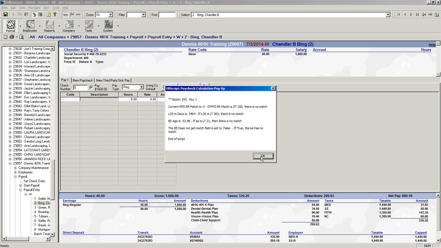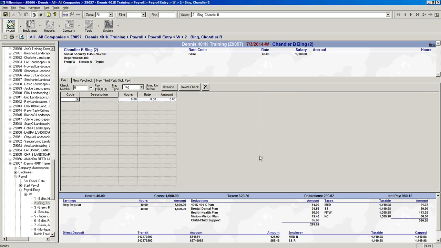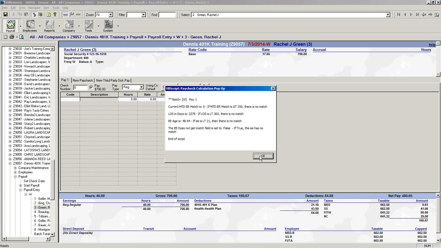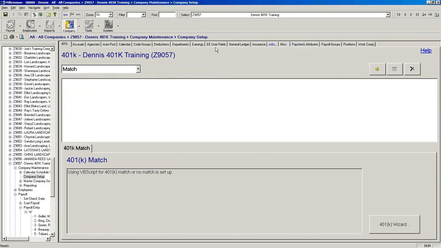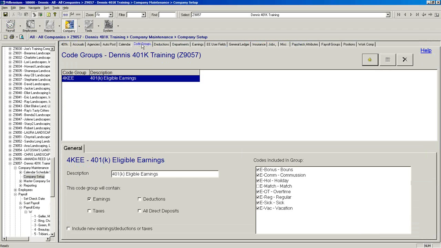So if I hit the plus key, let's see what we got here. I have to look at a number of things on this to see what is going on with this. But we've got a 401k, so I should be able to get this thing to work pretty quickly. So while I'm moseying around the company, why don't you, if people have questions, okay, so here's the first problem.